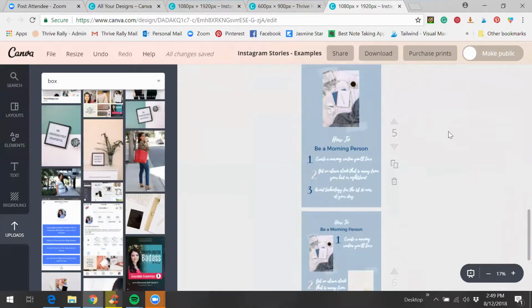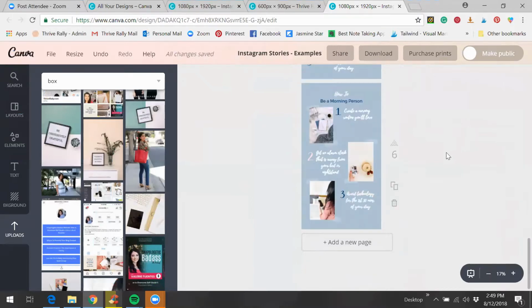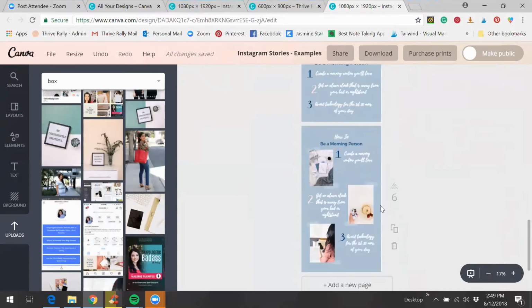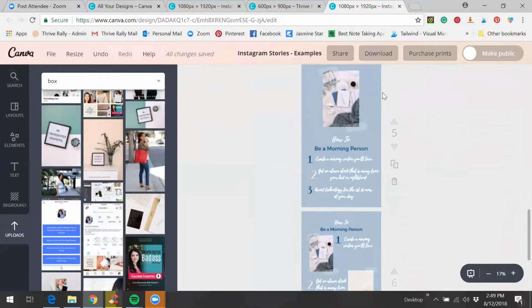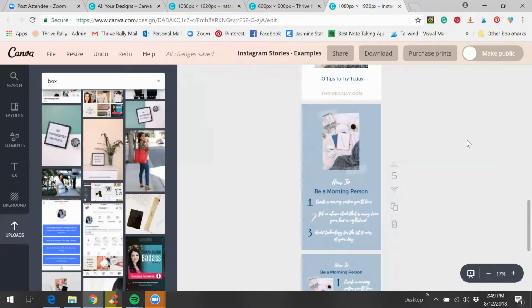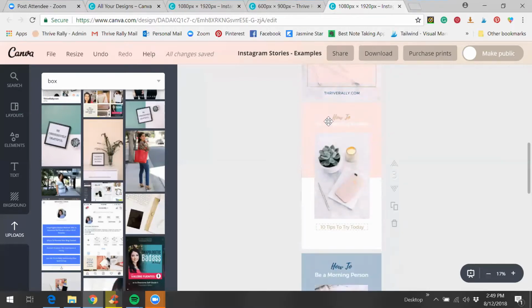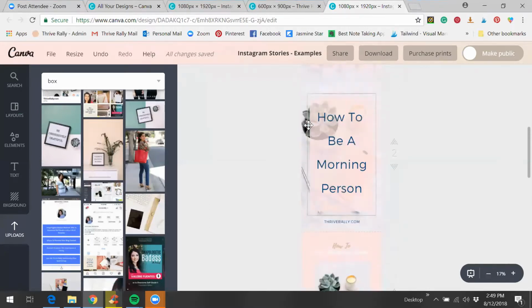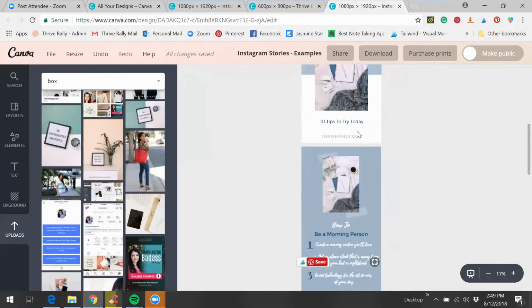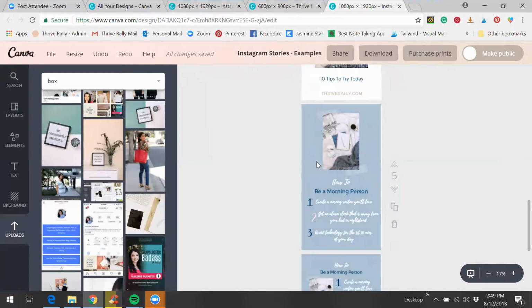Another type of template I like creating is collages, adding photos, making it kind of look lifelike. These are really cool, and I actually shared this when I was creating this post on Instagram, and people seemed really excited to learn how to do them. So this is another way. This could be just promoting a post, but this is more of giving them a little bit more intrigue to actually click on your link,